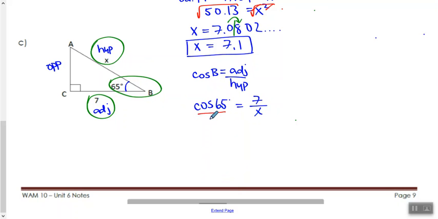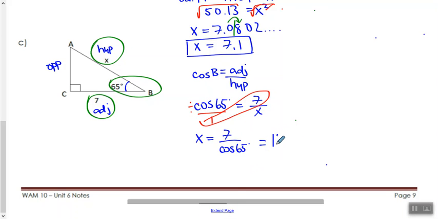Let's just turn that into a proportion. So looking for this one, I'll be dividing by cos 65 and doing 7 times 1. So x will be 7 times 1 divided by cos 65. So 7 times 1 is just 7, divided by cos of 65 degrees, and into our calculators,